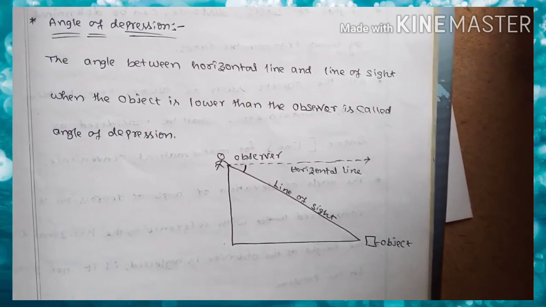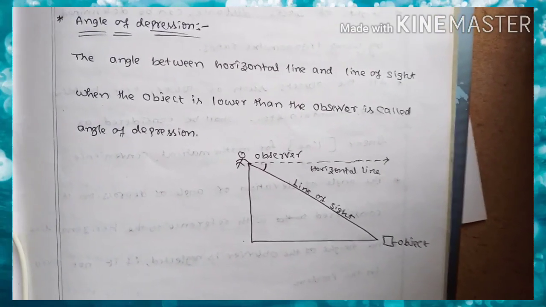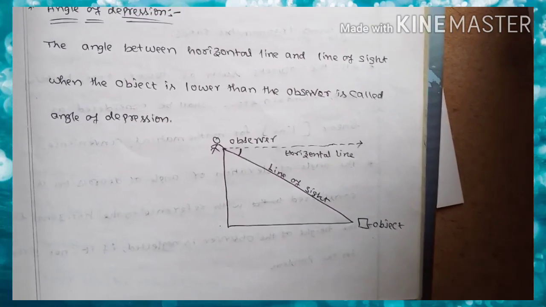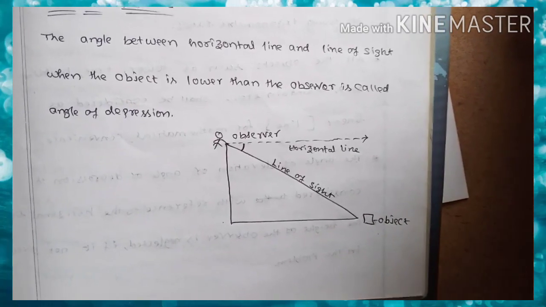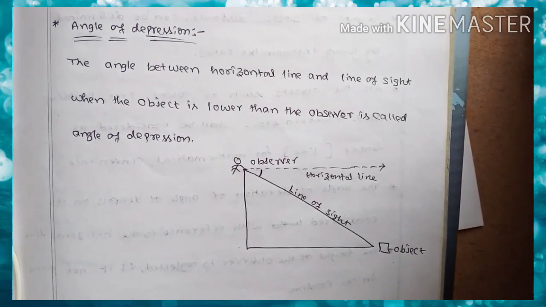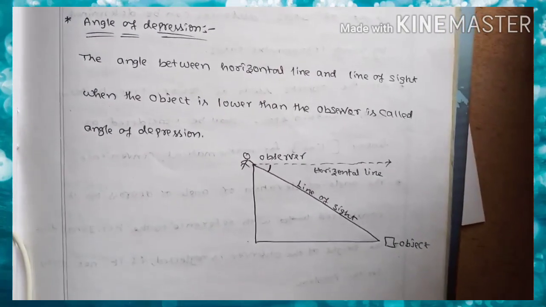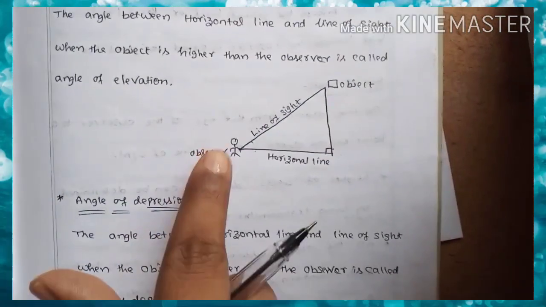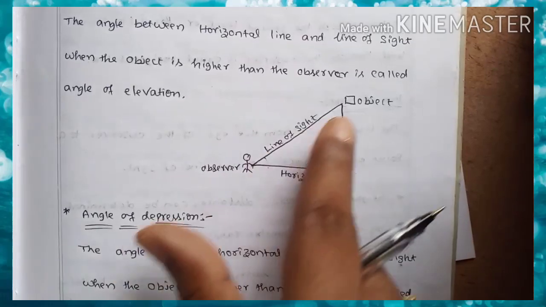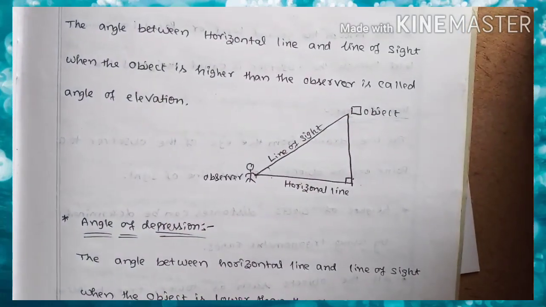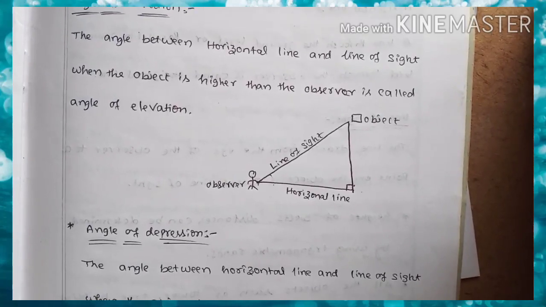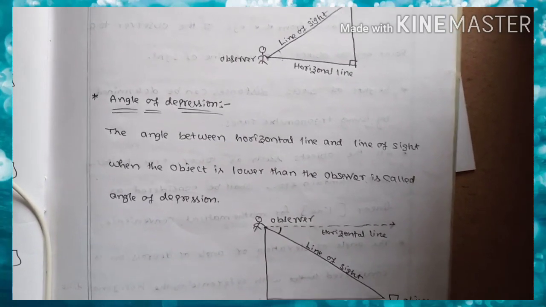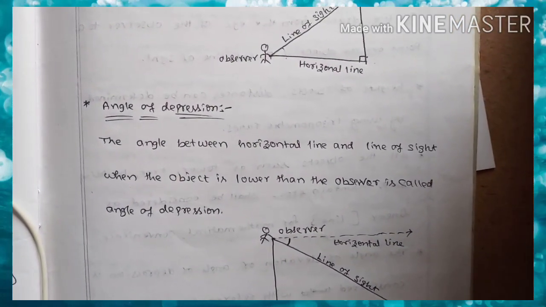When you are at the top of a building and observing a vehicle on the road, that is the angle of depression. You are at the top of a tree, observing the person at the bottom: angle of depression. When you are at a higher position observing an object on the ground, that is depression. When you are on the ground and the object is at a higher position, that is elevation. Rising up is the angle of elevation, and bending down is the angle of depression. Using this concept, you have to solve the problems. Okay, let's start our problems.